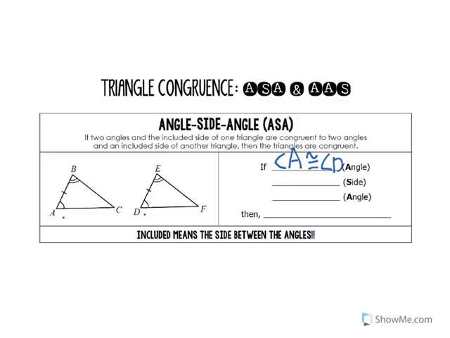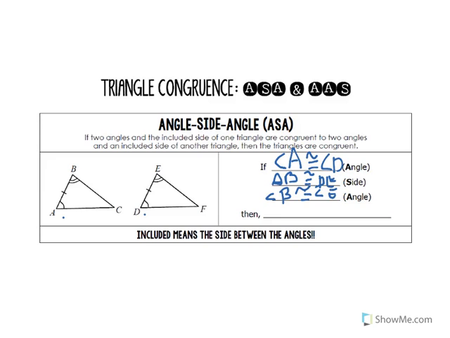The side would be side AB congruent to side DE. And then the second angle would be angle B congruent to angle